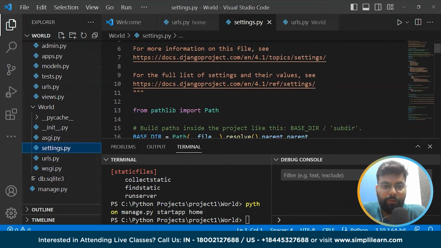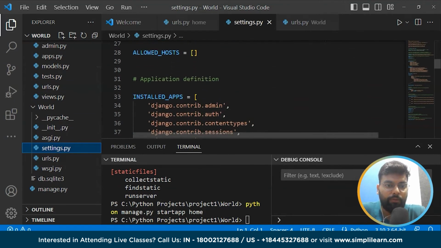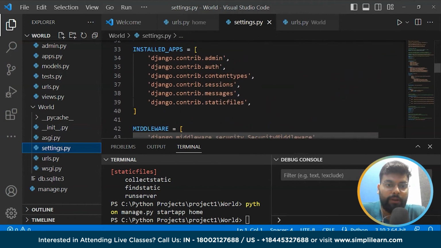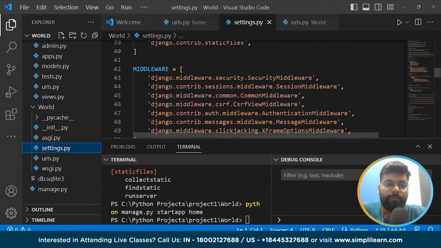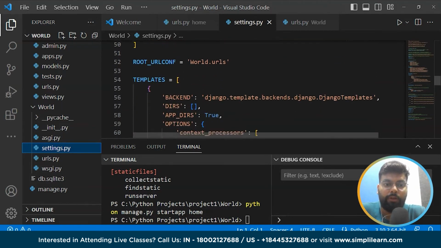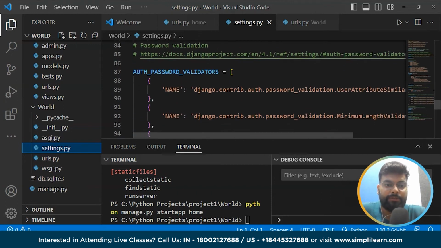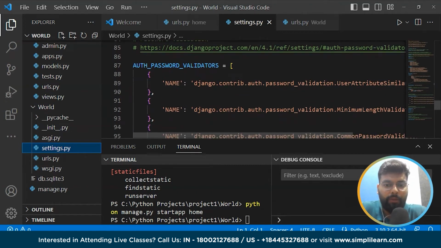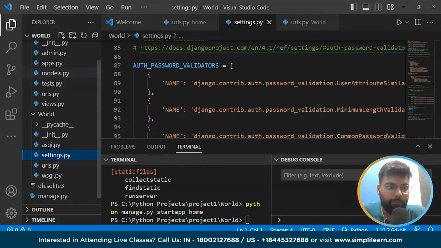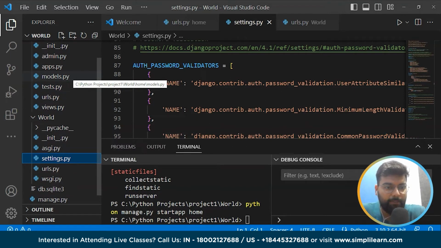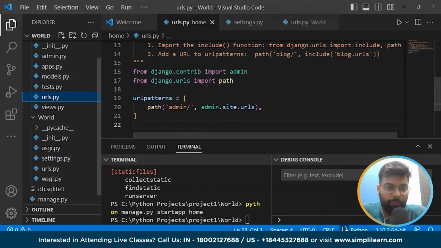If we go here, you can see the information about installed apps, what apps are installed, and by default they are installed in Django, and what middleware we are using. This is about templates and the databases. Now in the home app we will create a file urls.py that we have created and copy the same from the project urls.py file. And now if we move to URLs,